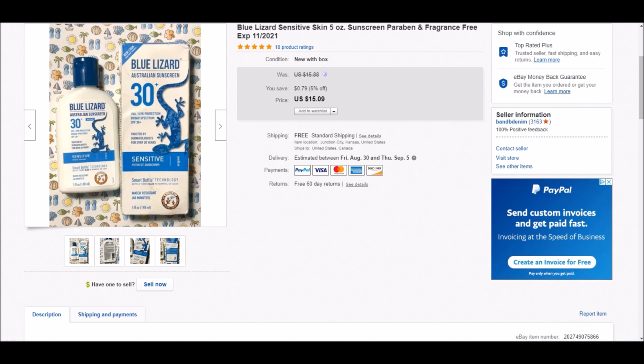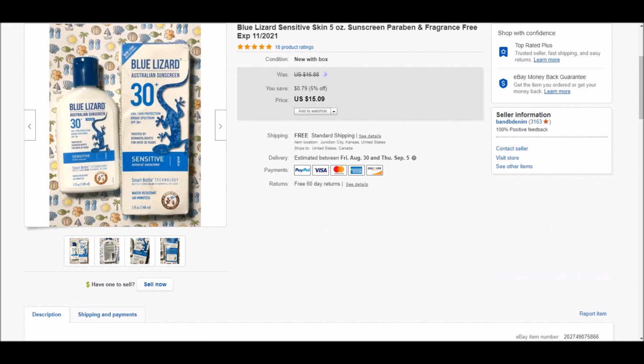I wanted to point out this brand in particular because, again, whenever I see it, it always makes me very, very happy because it consistently sells for more than a lot of the other sunscreen brands too. I also wanted to make sure to talk about the fact that sunscreens do have expiration dates,